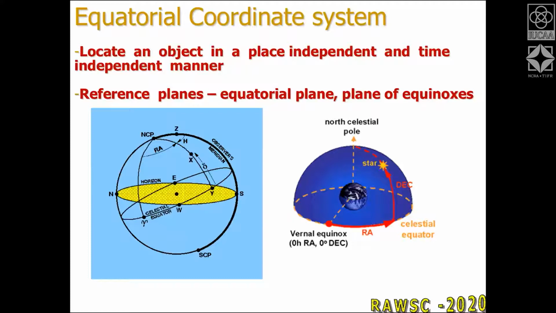Now let's come to the other one, which is the right ascension. So what is the reference plane for right ascension? North celestial pole and vernal equinox connected by a great circle, right? Correct. So if you take the North celestial pole, South celestial pole, and vernal equinox. So what is vernal equinox? Where the celestial equator and the path of the sun intersect. Correct. The path of the sun is called the ecliptic.